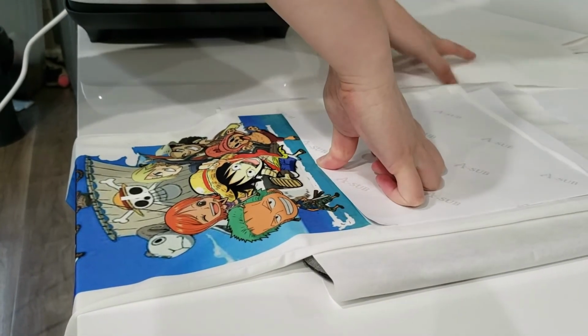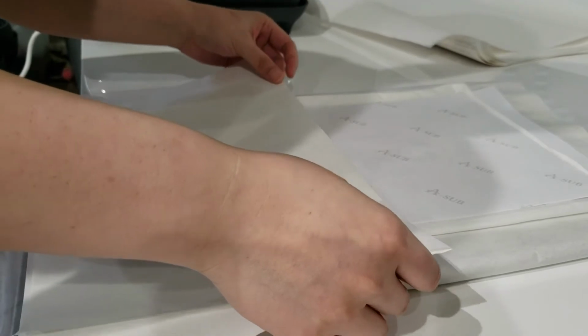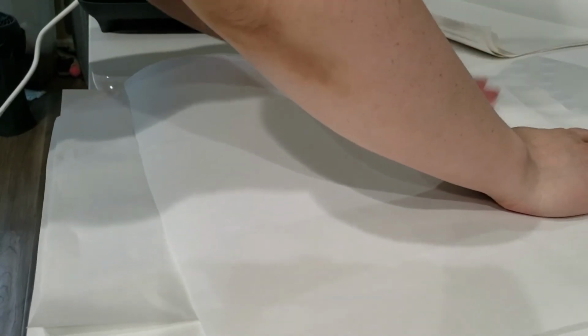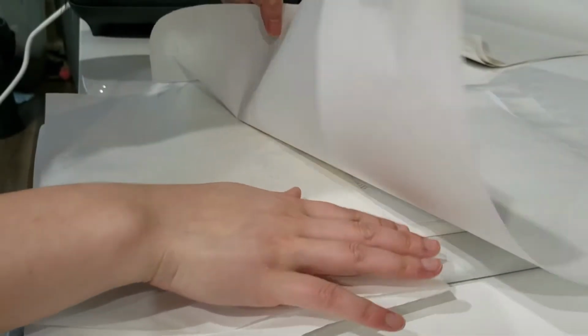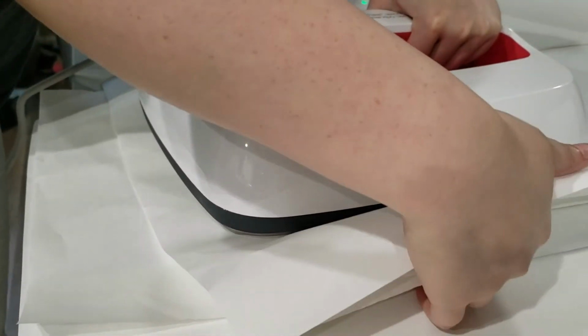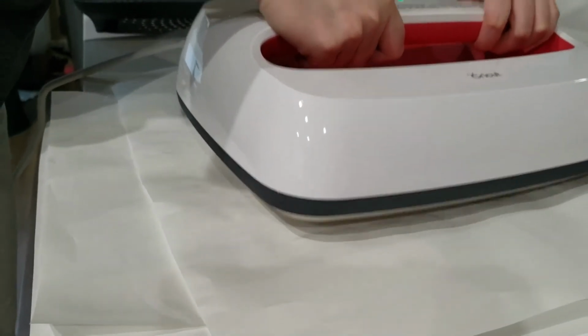I'm going to check the sides here. Let's see if there's a color difference. I'm going to put that down. Just put a new sheet. And I think it may have shifted, but oh well. I'm just going to press it. And then put this down and start. Check. Close there. Okay, I think I left it